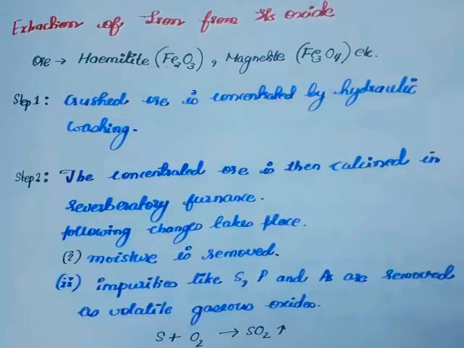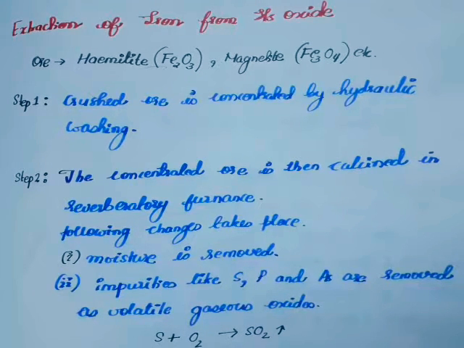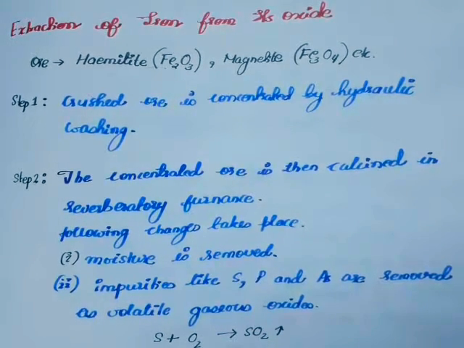Now, the Ellingham diagram helps us to choose the best reducing agent for the reduction of a certain metal oxide. According to it, the reducing agent which has a lower del G value for its oxidation, more negative than the del G value for the oxidation of the metal, will act as a very good reducing agent.